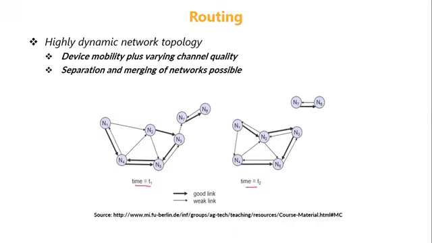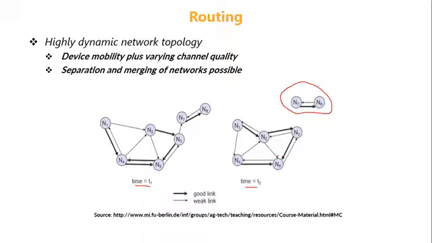At time t2, this network may change something like this. n7 and n6 may get totally isolated, and there is a strong, good link from n7 to n6, and a weak link from n6 to n7. All other nodes are separated. Like that, the network will change dynamically, and still you should be able to route the packets. So that is the challenge with respect to routing in ad hoc networks.